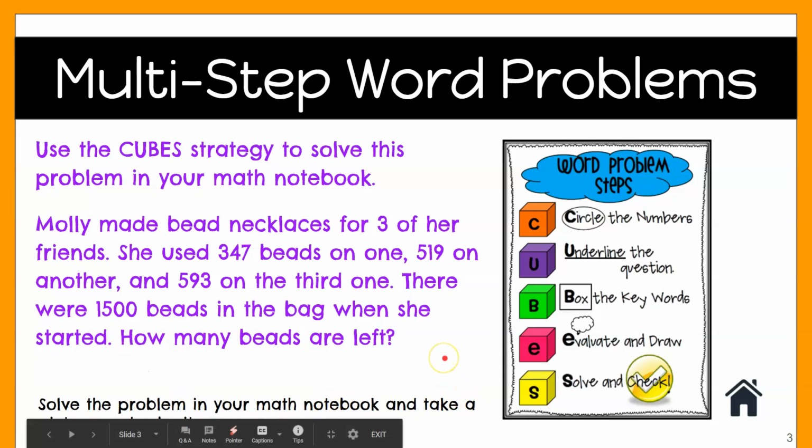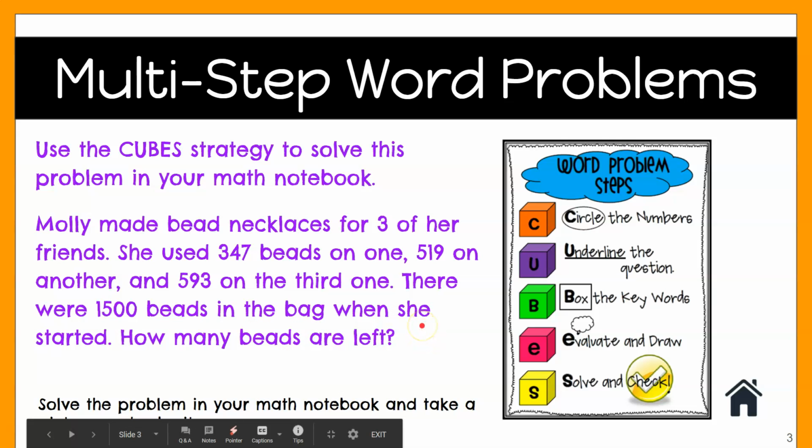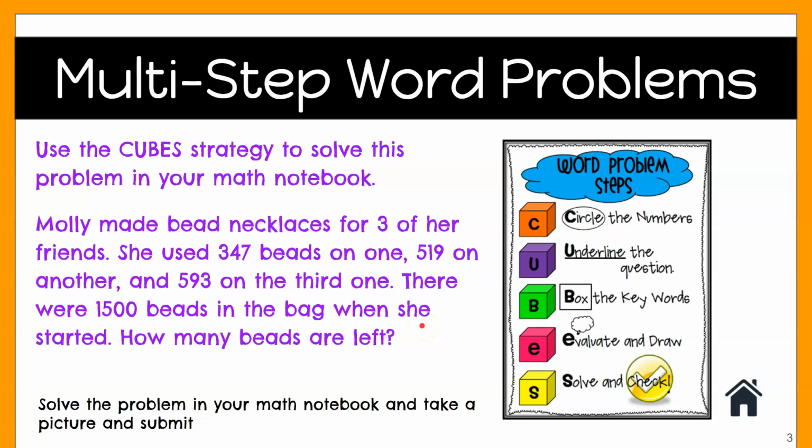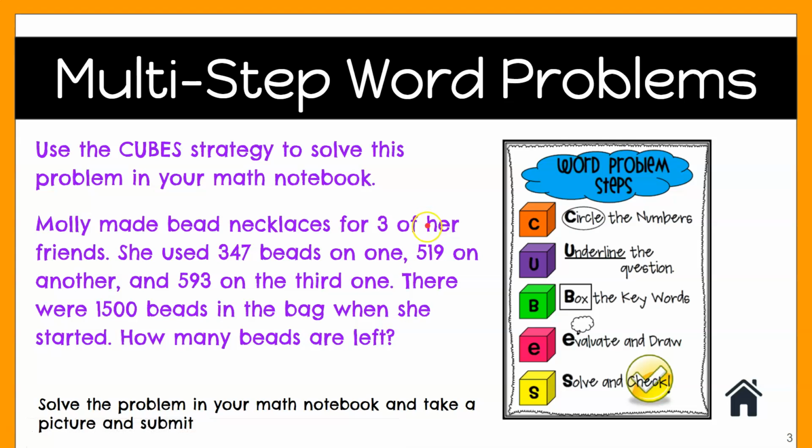Next, we're going to box our key words, and that is going to be our "left." That signals to us that we need to subtract, and find the difference between how many beads she used and how many were there when she started. In order to evaluate this, we should add first to find out how many beads she actually used,